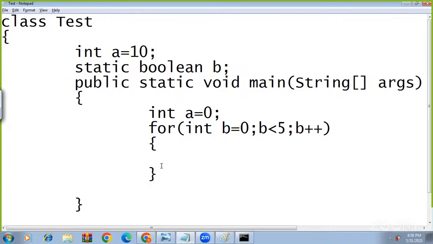within the for loop. So now I am going to show you. I am trying to access them and perform some operations, like a equal to a plus b, for example. Some operations I'm going to perform, and after completing the operations, I want to see what will be the output of